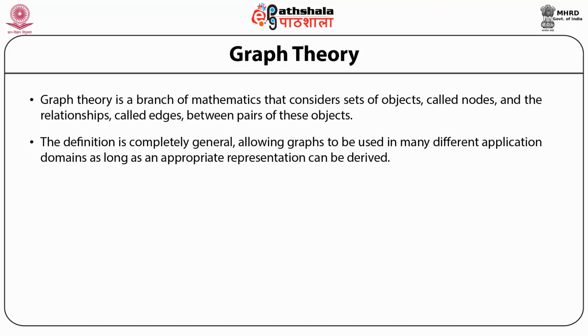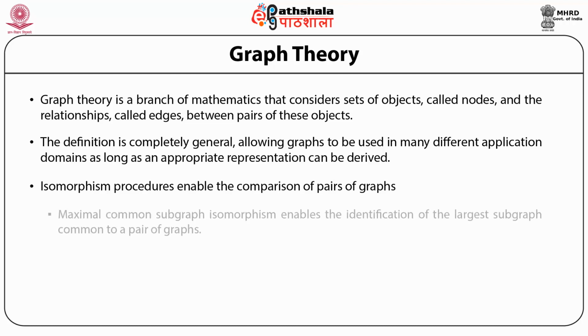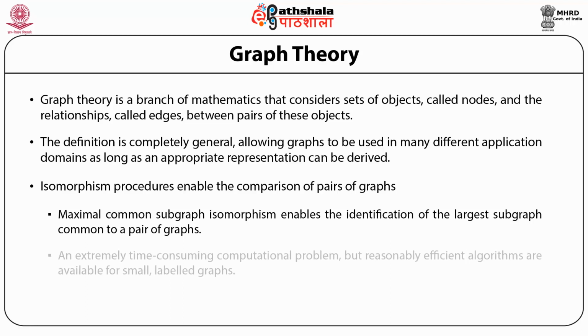Now, the approach of graph theory has been used in two ways. One is the isomorphism procedure, where you compare a pair of graphs, and what one does is maximum common subgraph isomorphism. Then it gives you the largest possible similar part of a molecule between one or two molecules or many molecules and one query. But it is very time consuming. However, better and better algorithms have come out.